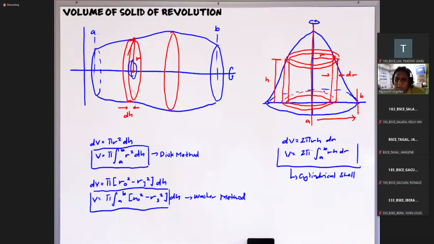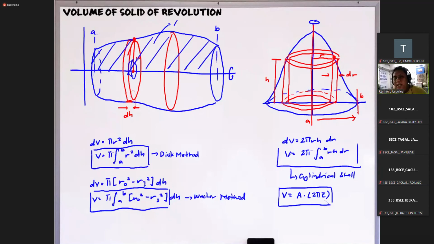Okay? So by yung Pappus theorem naman, ang sinasabi niya lang is that the volume is equal to the area multiplied by 2 pi times c bar. Yung c bar is yung layo ng centroid ng area natin from the axis of revolution. For example dito, ito yung i-consider natin na area. Ni-revolve natin about the axis. And let's say ito yung centroid G. Yung layo nito from the axis of revolution, yan yung c bar sa equation. So yun yung mga consideration natin.